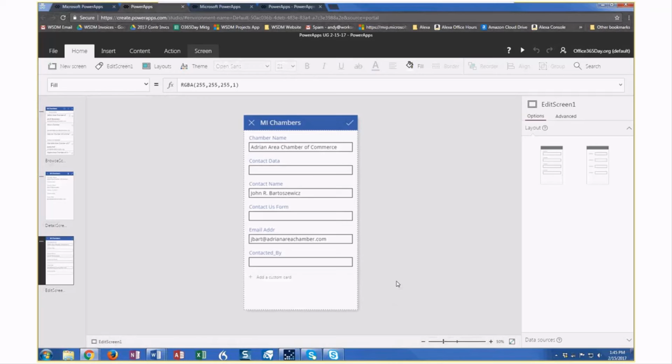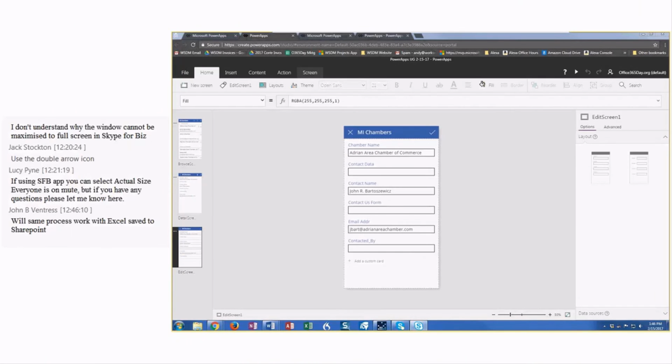And how are we doing on time? It's 1:45. So I'm going to check to see if anybody had any. I don't see any chat questions. So we've talked about connecting to your Google spreadsheet, and then we've talked about editing your Power App. We've talked about creating a flow, which automatically sends to an email, and then the last